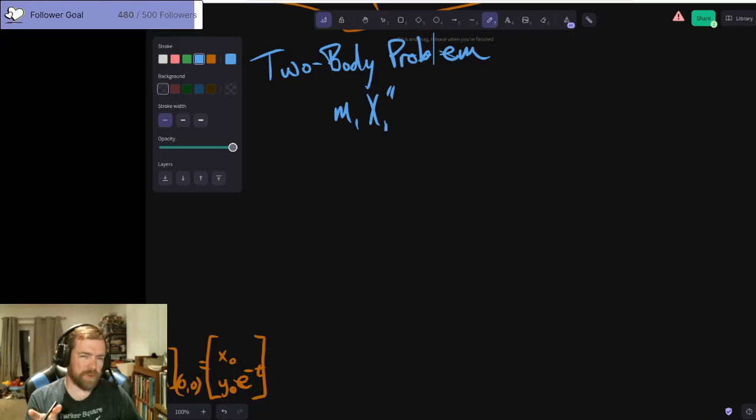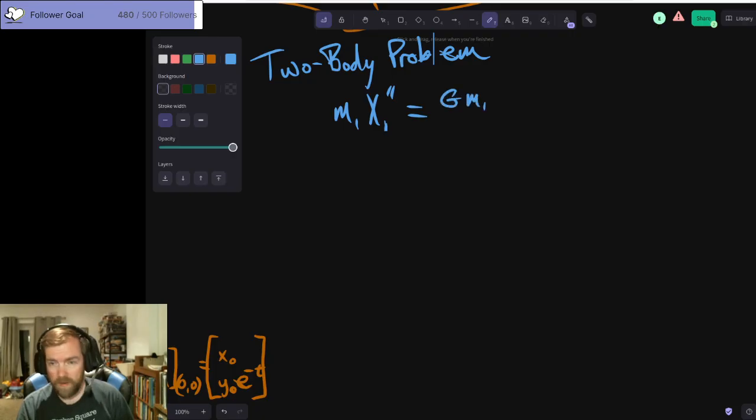So in this case, we're looking at the F equals ma formula, right? The forces of gravity on both sides are going to be equal. So mass of the first times its acceleration has to be equal to our G M1 M2 over,